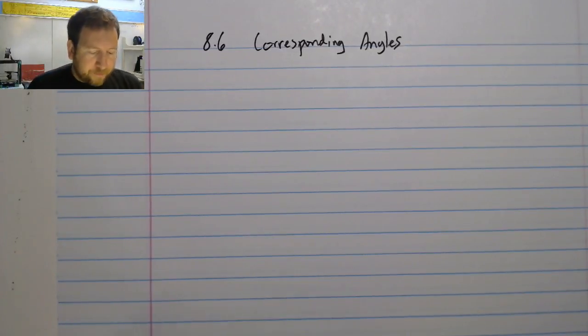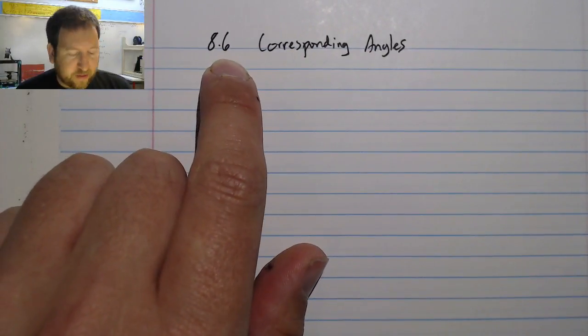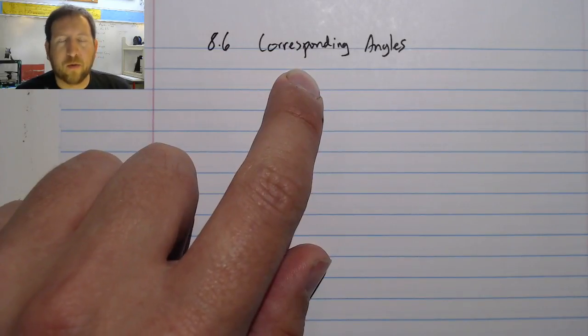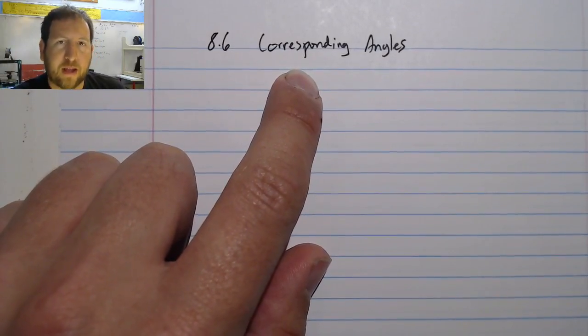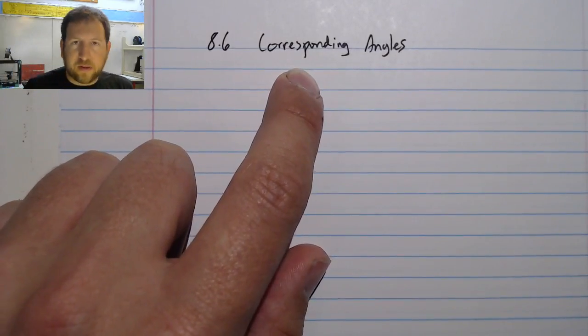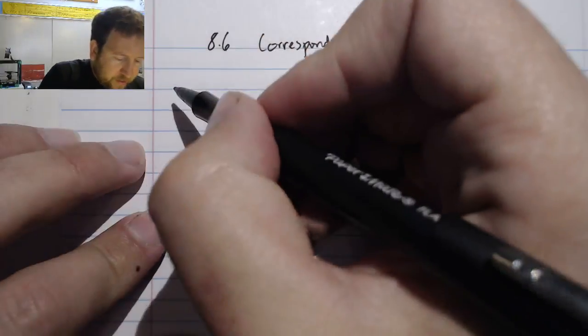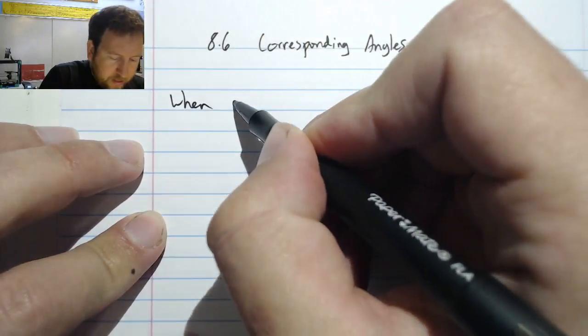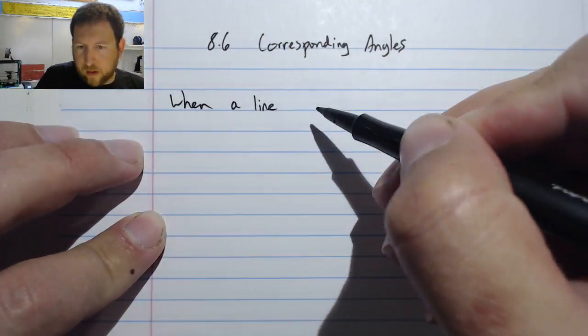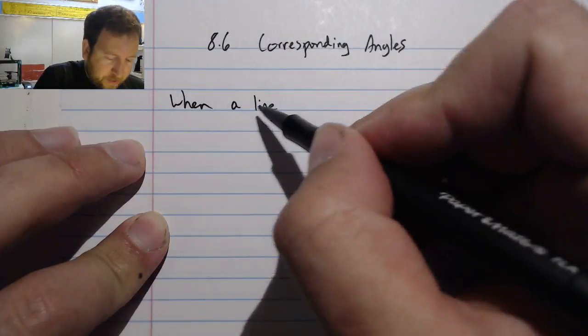All right. Let's go on to 8.6. I don't think this is going to be too difficult. We're going to be talking more closely about these corresponding angles. And I mentioned these in a previous video, but we're going to be looking a little bit more clearly at what they actually mean. So let's say that when a line intersects with two lines that are parallel,